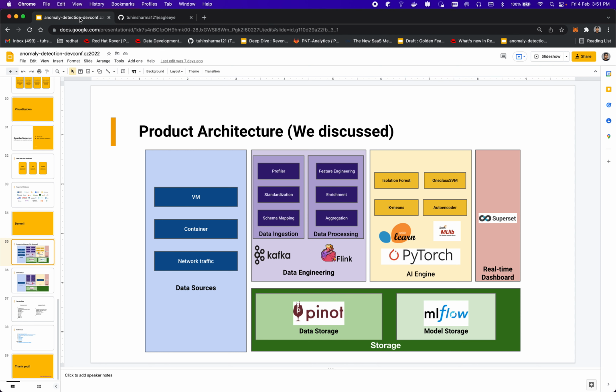Now once the data reaches the Kafka topic, there is a Flink job which constantly listens to that topic for new records. And the Flink job, we can configure, let's say we want to build a profile for 1 hour, right? So an hourly profile we want to create. So what the Flink job is going to do is start its window at a particular time, and listen to all the new records coming in that topic for the next 1 hour. And once the window expires, it continuously keeps on aggregating the profiles for each of the IP addresses